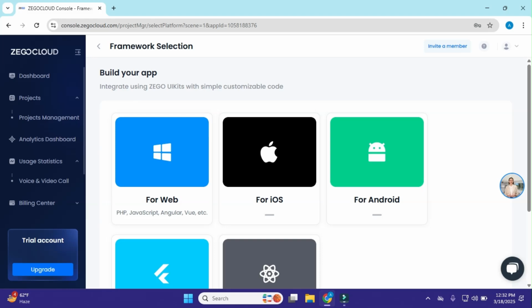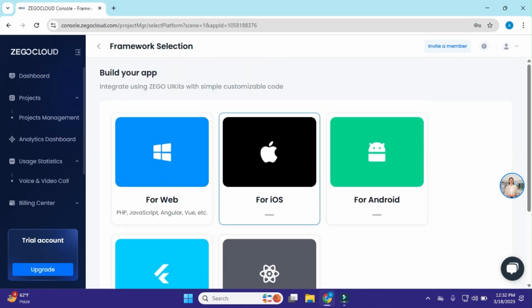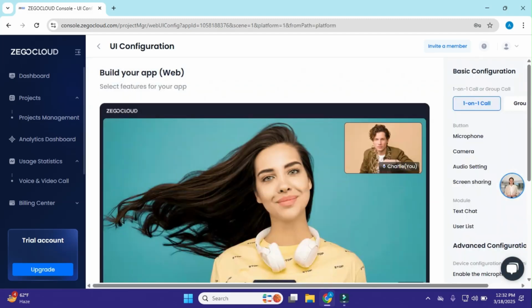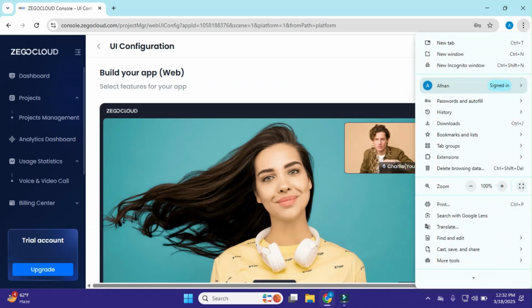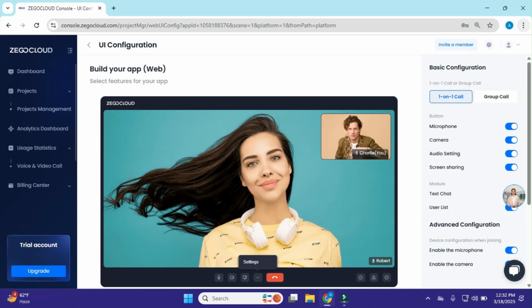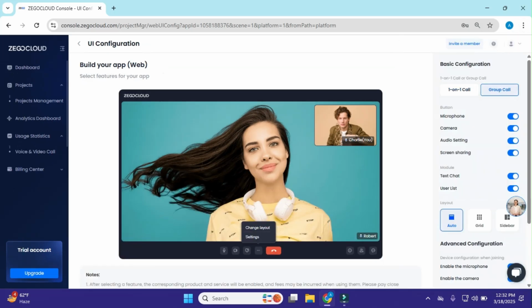Okay, and now here we have the option to integrate using Zego UI kits with simple customizable code. So it provides us customizable code, and if we are just working with these UI kits, it is very simple and easy. Just click on web, as we are going with web, and we can also set up the basic configuration from here, like one-to-one call or group call.